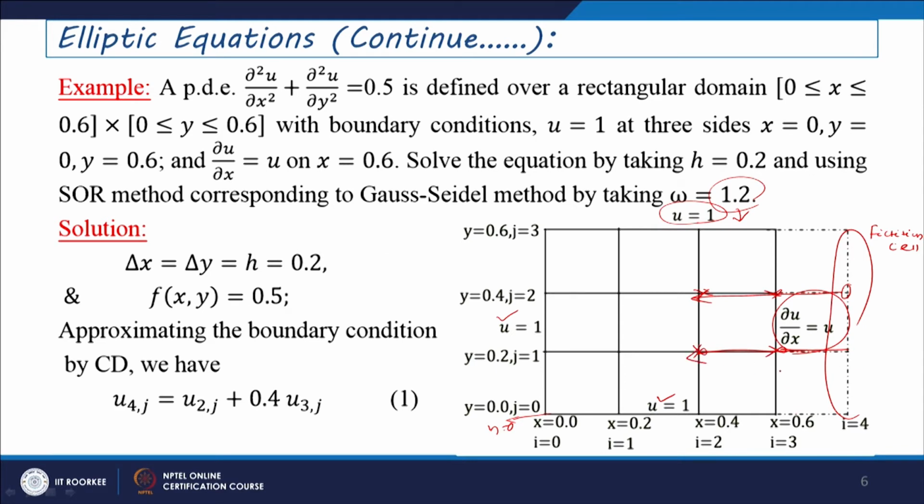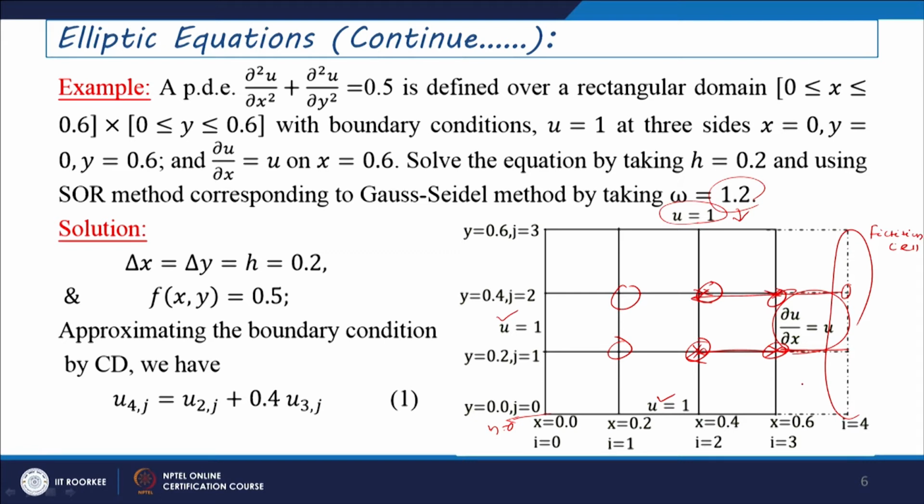When j will vary from 1 to 2 and i will vary from 1 to 3, since these are the unknown nodes. And if you go for the central difference approximation along the last boundary for x equals 0.6,